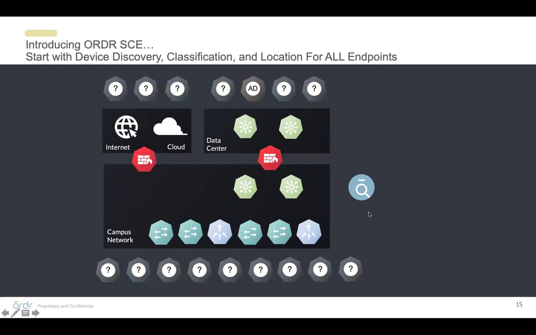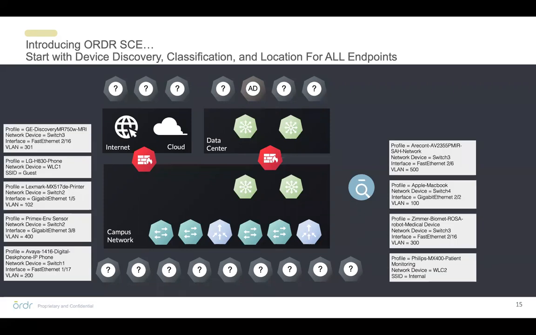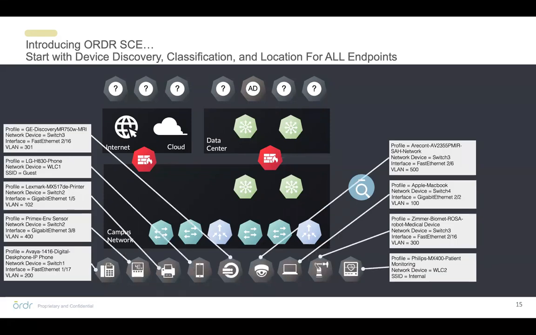So we're going to show how Ordr can help automate a number of those key, critical gaps that can delay or prolong an implementation of NAC. The first thing is we are also automatically detecting the things that are on the network and tracking the VLANs that they're on. So this is a complement, providing additional color along with ISE. But right off the bat, we usually have over 95% within hours of understanding what all of those things are.